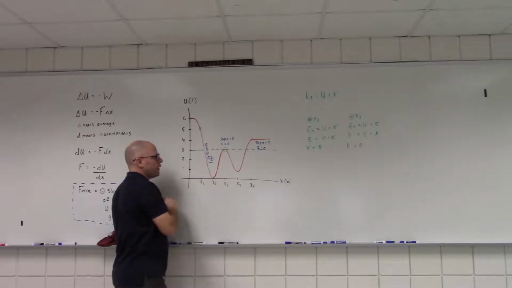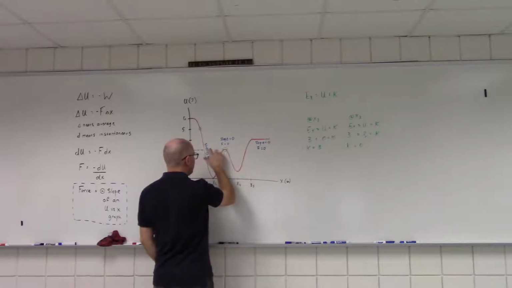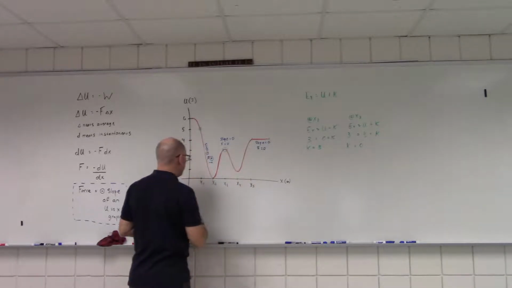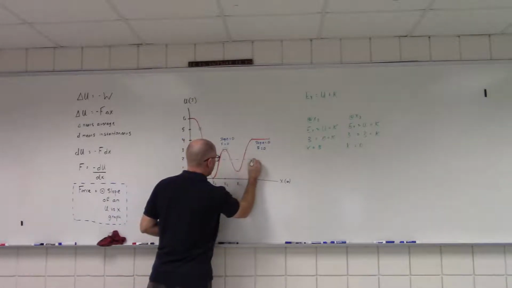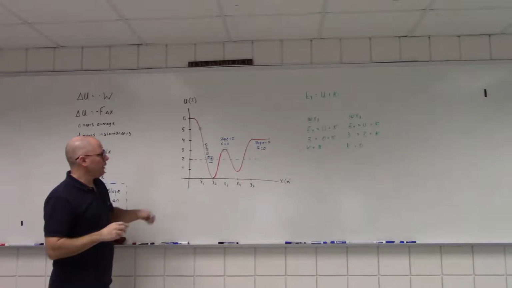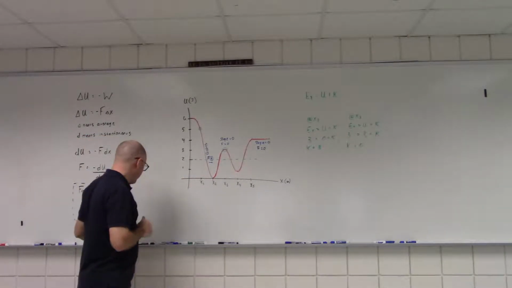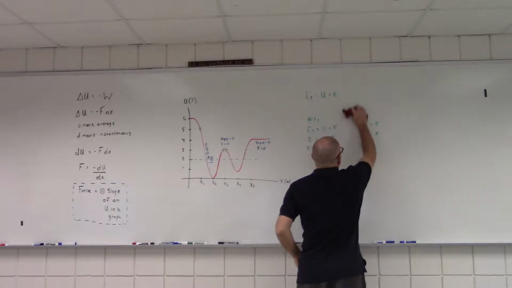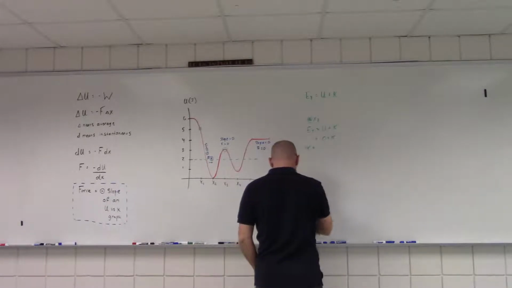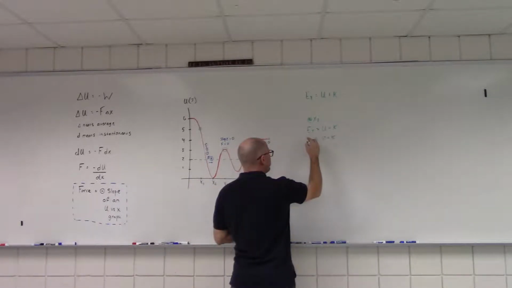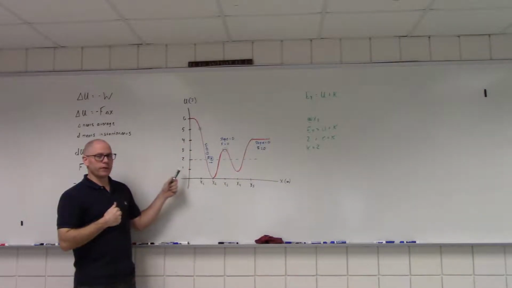What if we lower the total energy down even one more time? If we lower the total energy down to 2 joules, now we have an interesting situation because our total amount of energy is 2, which means if our object was at x2 moving, it could move to the left or it could move to the right,